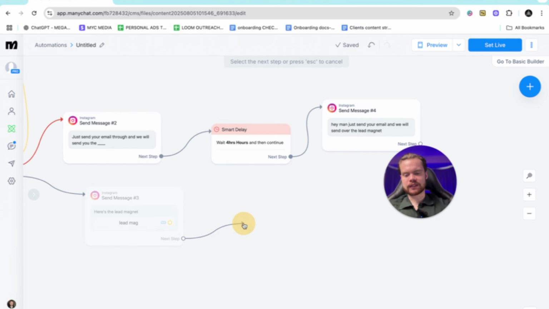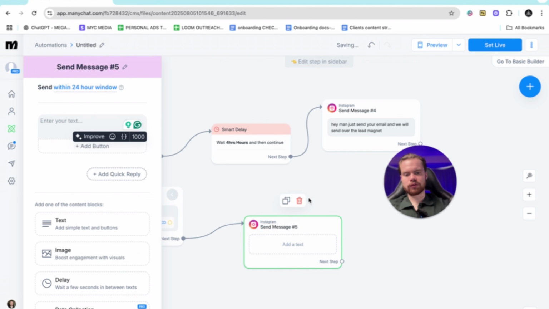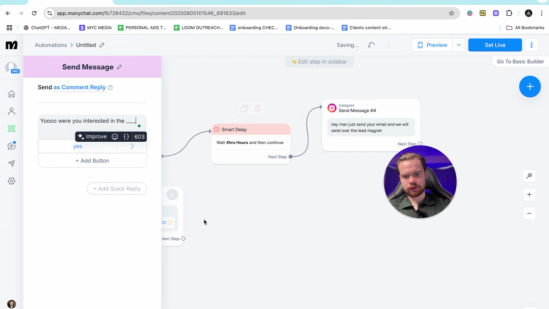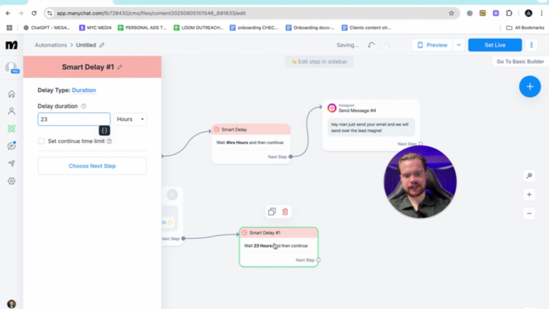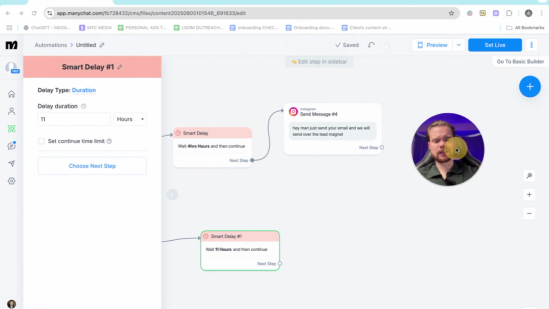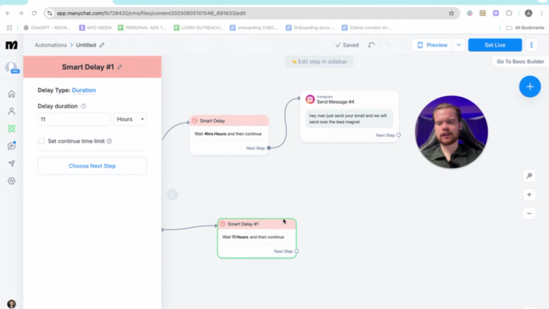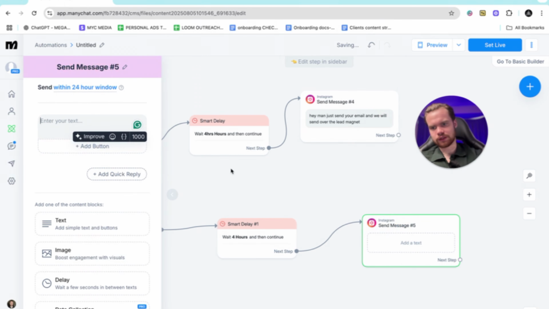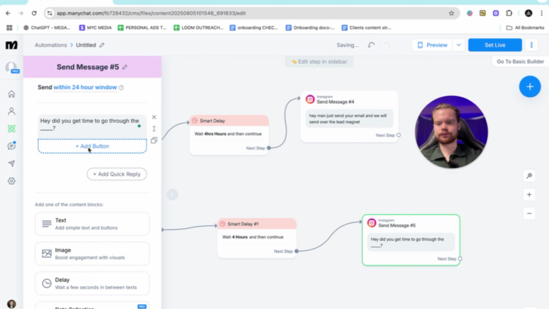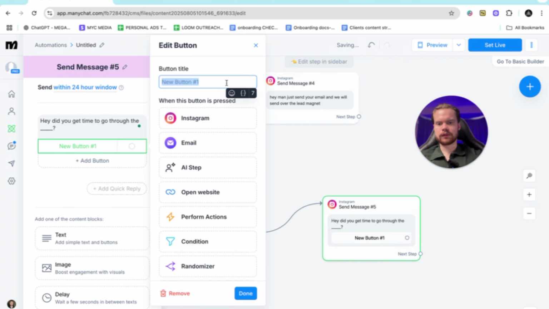And then next step is Instagram. No, sorry, not Instagram. Get rid of that. Confirm. We're going to smart delay again, and then we're going to wait like 11 hours. Actually, we'll do like 4 hours. Then we're going to say, hey, did you get time to go through the so-and-so? And then comment yes,